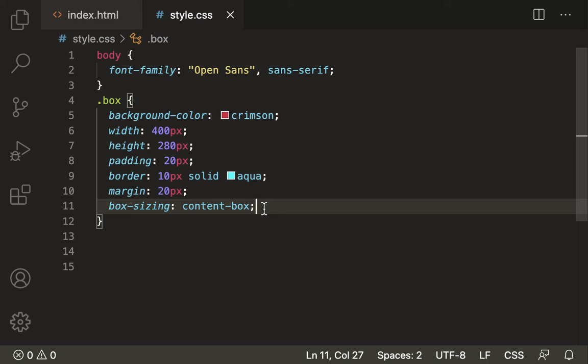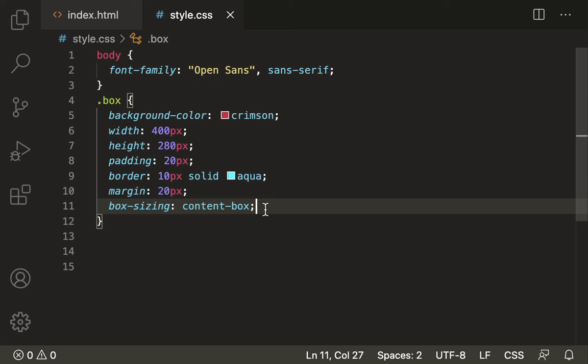If we do not specify any box sizing property for an element, that means by default the model is content box. In the content box, after the width and height, whatever the extra properties, that is padding, borders or margin, we define, will all get added to determine the exact size of the box.